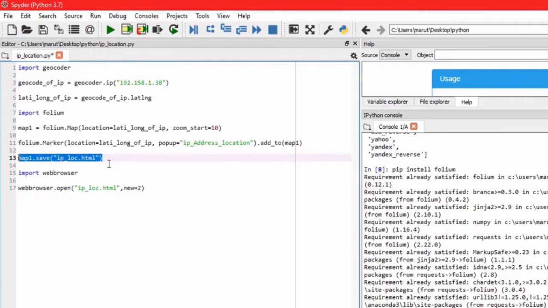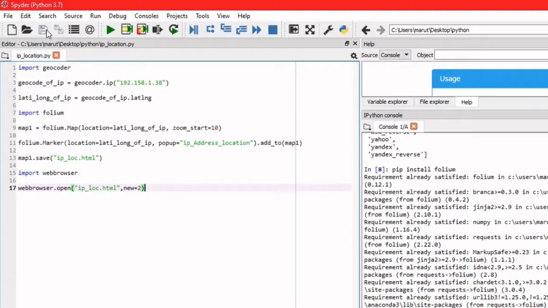Then to open that HTML file, we have imported one more package called webbrowser. Webbrowser will open the HTML file automatically, so you need not go to the saved location and manually open the HTML file. For that purpose, we are using this webbrowser package.